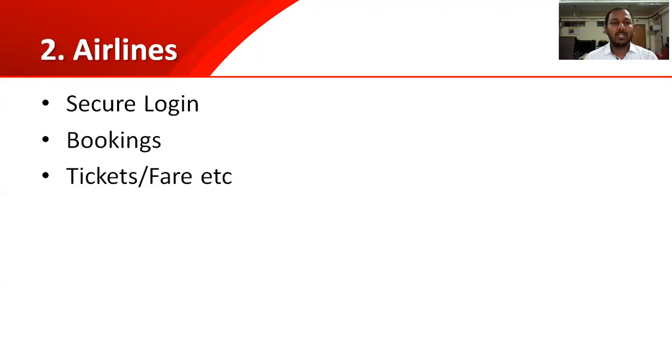In airline booking also, a secure login is important. Once you log in securely, now you can check your bookings. You can also check the fares for next bookings. So how the fare is managed, how the travels, trips are managed from X location to Y location. So each and everything is managed in terms of database.